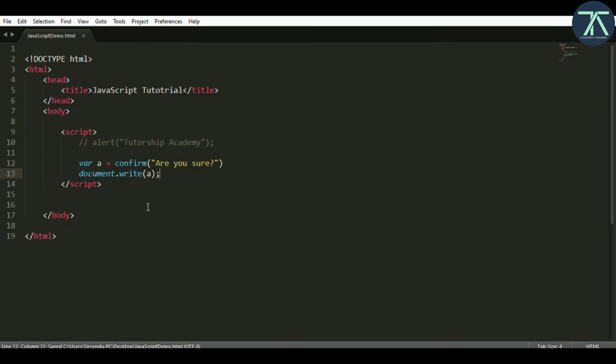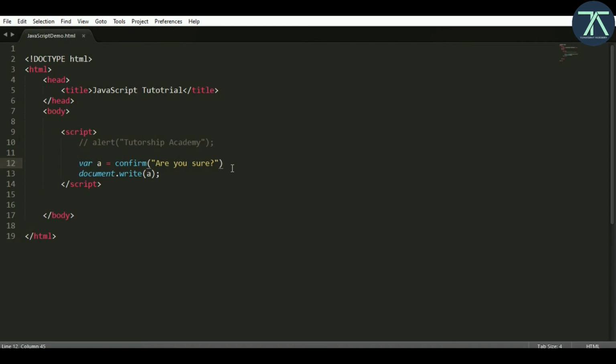If I save and go back to my browser and refresh, this time there is another pop-up but a little bit different. The same default text that this page says, and then this is our text, are you sure. Then we have these two buttons, one is OK and one is Cancel. If you click OK, a returns true.